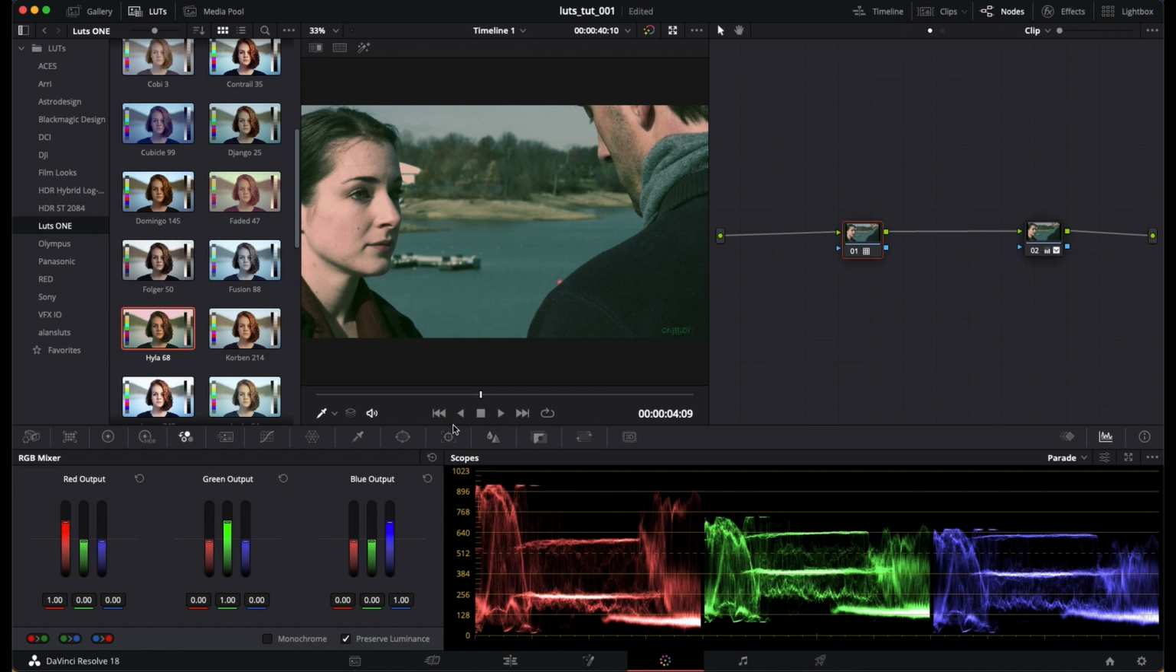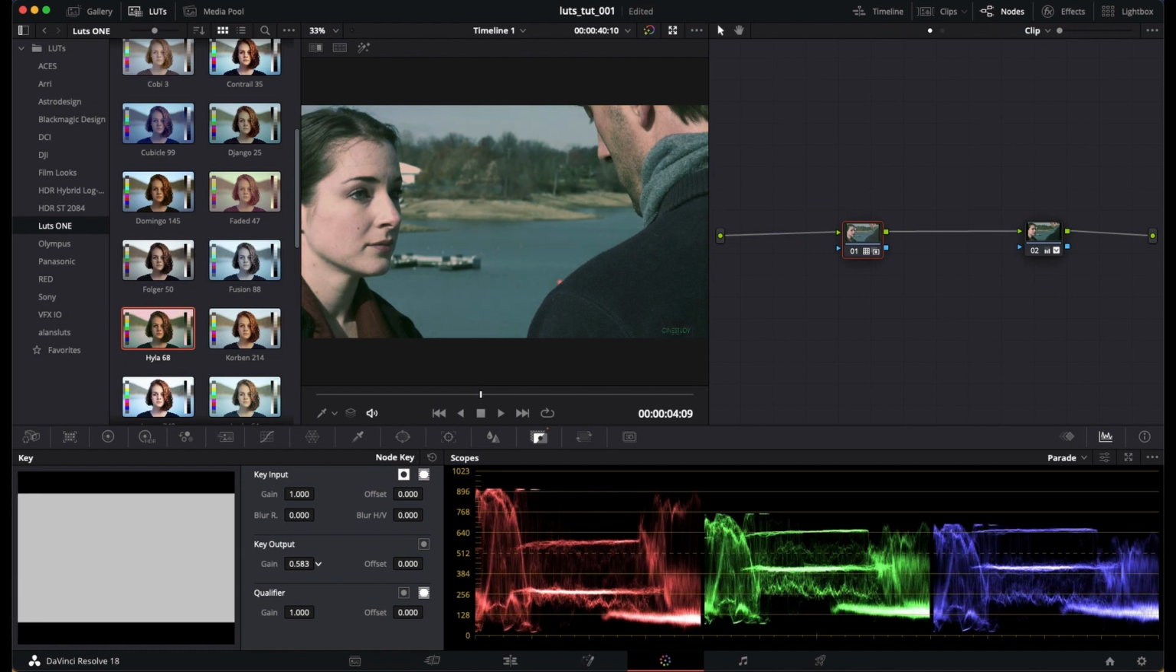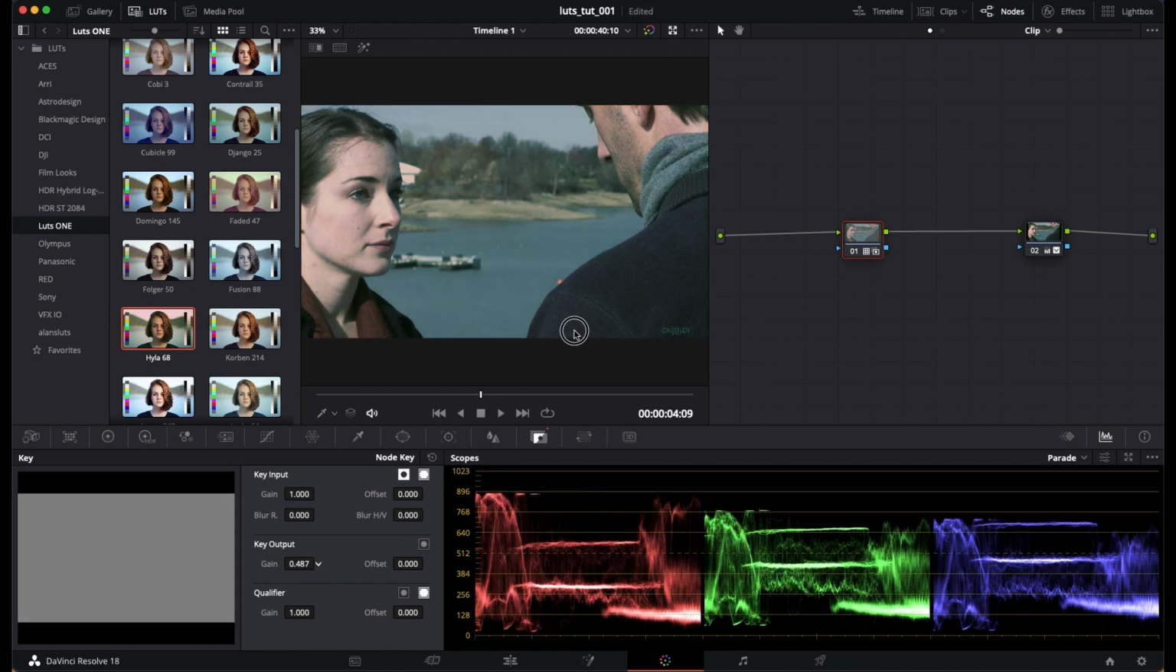On this bar here, just below the preview monitor, there's one here, which is third from the end, which looks like a rectangle with a hole in it, divided diagonally. It's called key. Click key. The key is the strength of that LUT applied on that node. So the key output, we can reduce this. If we reduce this down to 0.5,